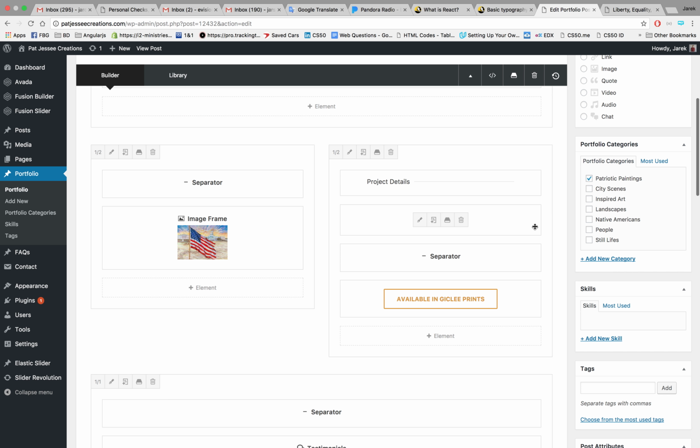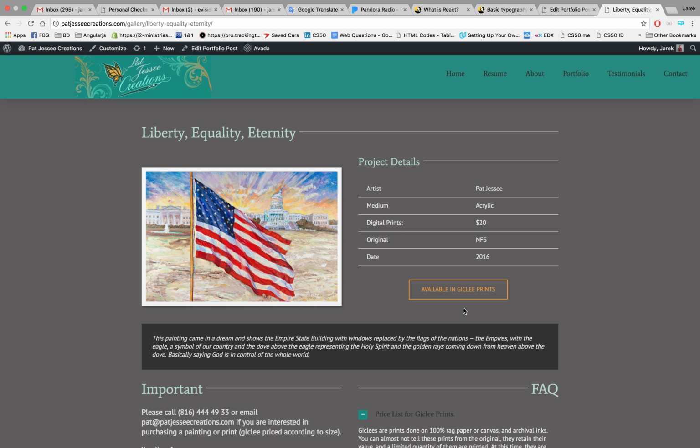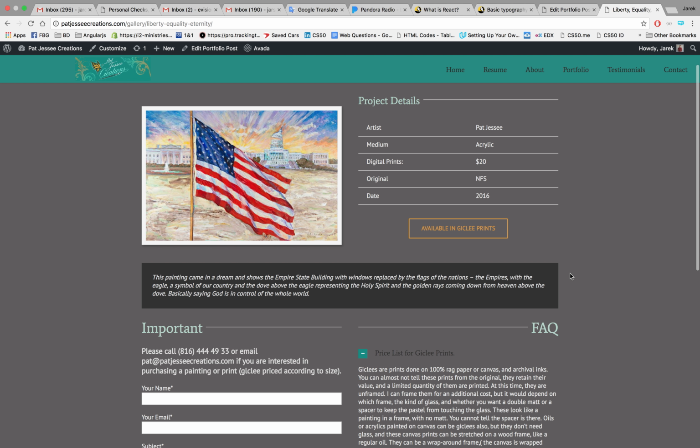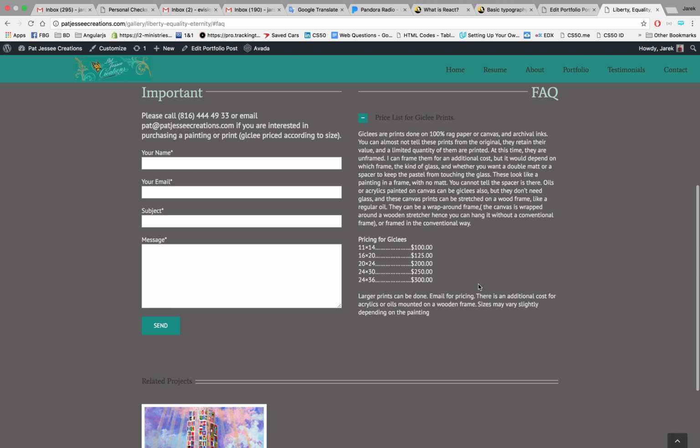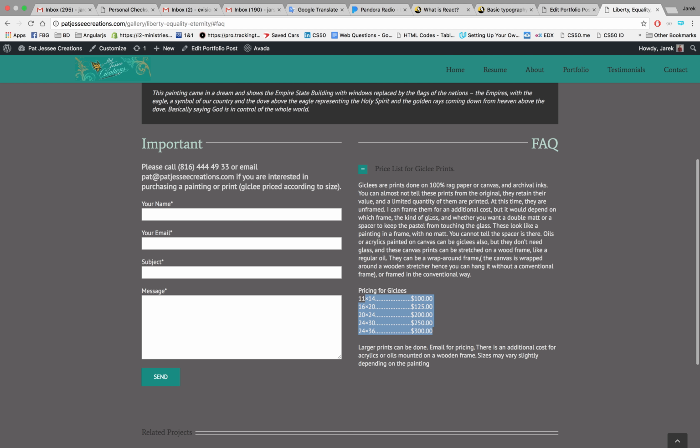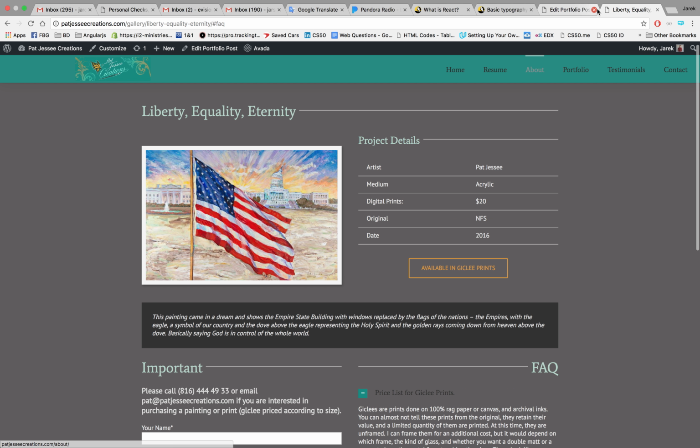For example, I'm not happy with this button. By the way, I just added this button. If you don't like it, I can change that. If you click this button, it's gonna redirect you to the place where a potential customer can read details about the prices. But anyway, let's go back